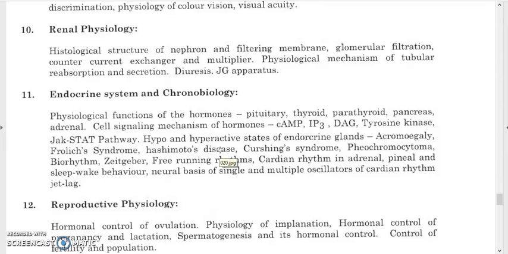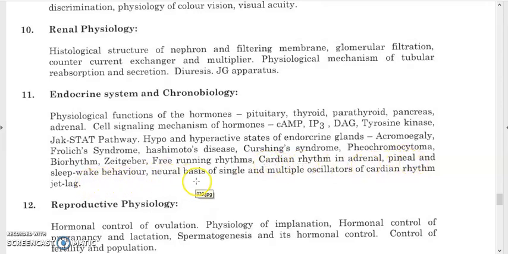hormones, like different second messenger receptors like cyclic AMP dependent, IP3 or inositol 1,4,5 triphosphate dependent second messenger receptor dependent cells, molecular signaling or hormonal signaling, diacylglycerol, tyrosine kinase, JAK-STAT pathway, hypo and hyperactive states of endocrine glands like acromegaly, different syndromes, Hashimoto thyroiditis, Cushing syndrome, and pheochromocytoma, and these are different diseases, jet lag, biorhythm, free running rhythms, circadian rhythms in adrenal and pineal, and sleep